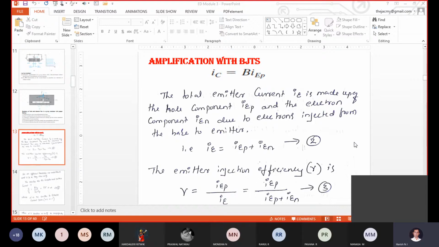What is the definition of amplification? In two lines, you have to define it. Amplification is the process of increasing or strengthening the input signal with respect to current or with respect to voltage. Strengthening means we magnify the amplitude, the peak value of the current or voltage, compared to the input signal. How much magnification happens depends upon the gain parameter of that particular transistor.